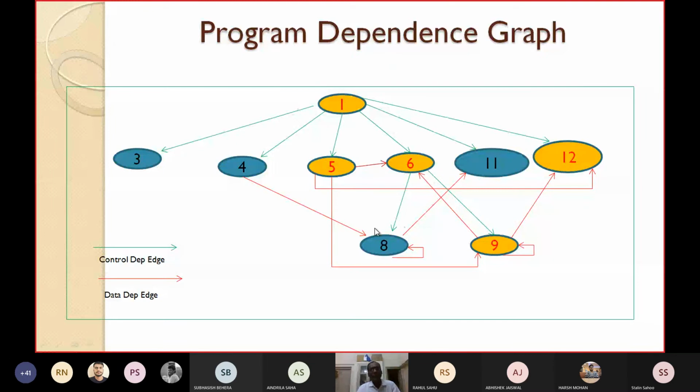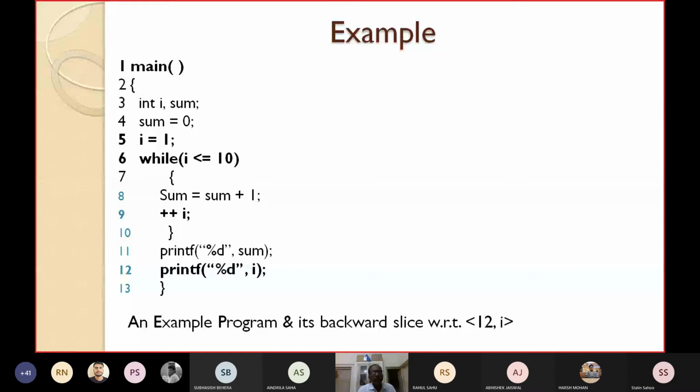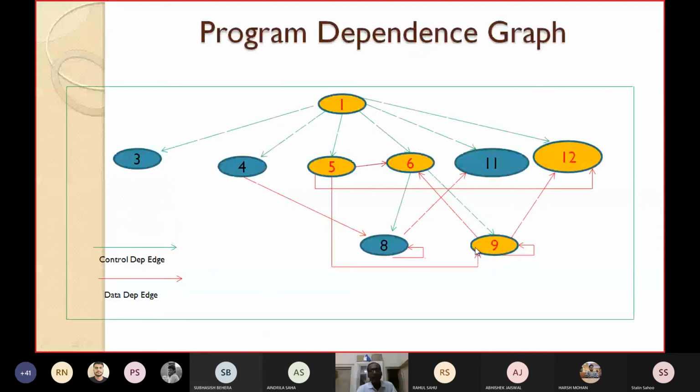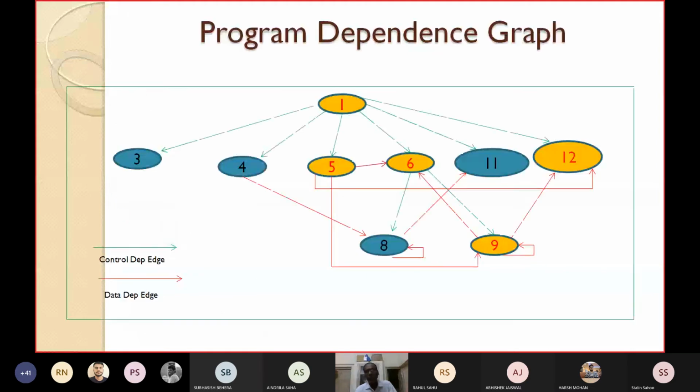Similarly, you can find other data dependencies like I plus 1, where the I value is used from 5, because I is equal to 1 here. So 9 is data dependent on 5. This arrow I have added. Not only that, I is equal to I plus 1 is in a loop, so in each next iteration the previous value will be used. So line number 9 is also dependent on itself. Here I have made a loop: 9 is also dependent on 9.